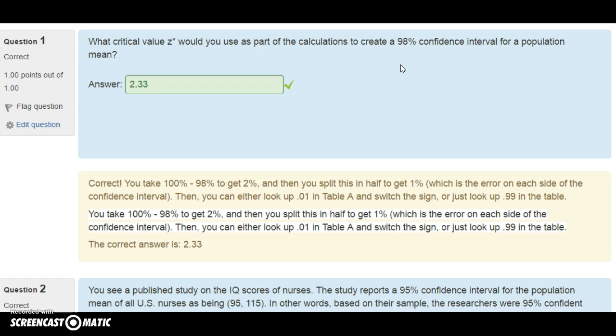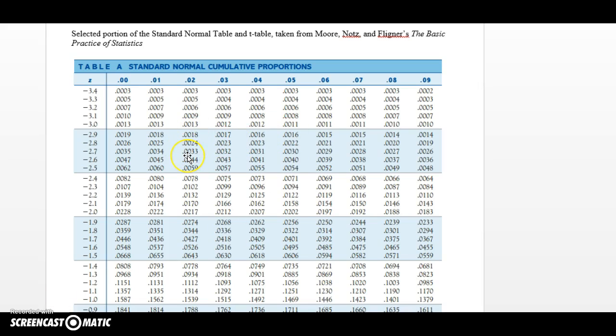So to look this up in Table A, you can either look for 0.01 or 0.99. Either one of those will give you the correct z-value. The first one will just be negative. So if we take a look, what we have is 1% of the distribution, and we're looking for the z-value that corresponds with it. We do not have the z-score yet, so we don't go on the outside of the chart. We have the proportion. We know it's 0.01 to the left, so we're searching for the closest thing we can get,